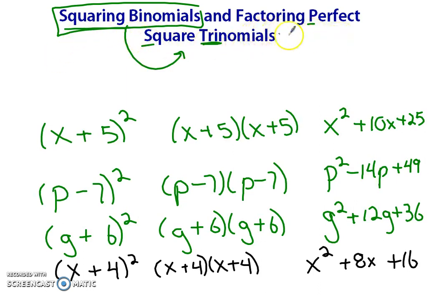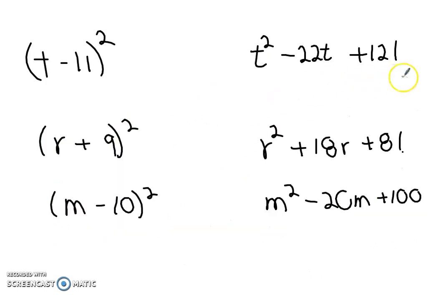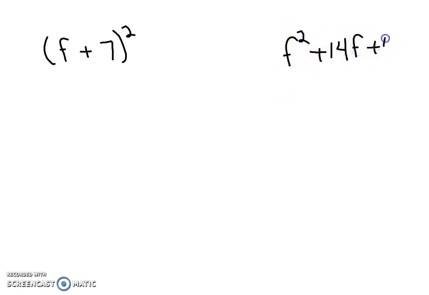Okay? And then we're going to factor perfect square trinomials. In other words, we're going to be going from here backwards. Okay? So let's do one on a new page here. Let's get f plus, I don't know, 7 squared. We know we're going to get f squared plus 14f plus 49. Okay? And our job would be, if we didn't know this, we'd have to be able to start here